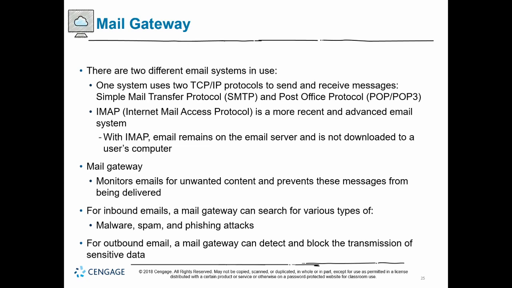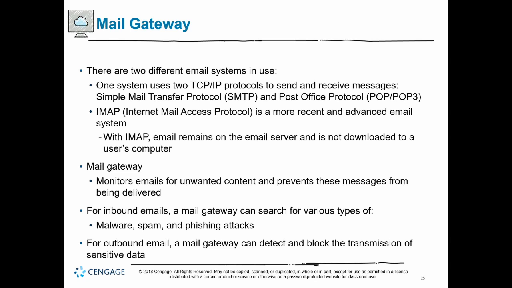So now Mail Gateway. Essentially there are two different types of email systems in use. So with Mail Gateway, we're talking about sending email back and forth. When we want to send email, we use SMTP, which is port 25. And that's when we want to actually send email. However, if we want to receive email, we will use either IMAP, which is port 143, or POP, which is